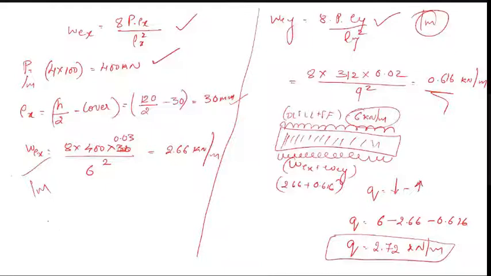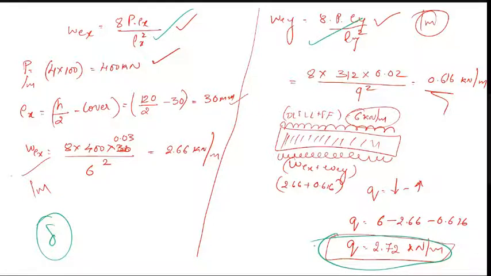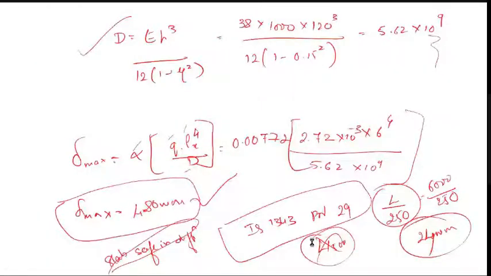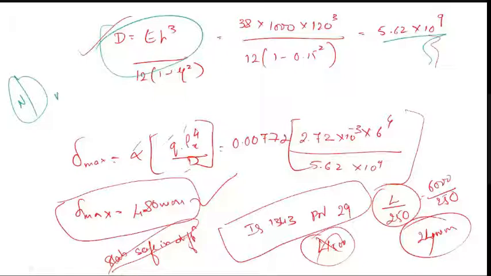Then I want to determine the deflection. For deflection, first determine the equivalent load in the x direction and y direction. You will get the value of Q. Then go for determination of rigidity. You will get the values. Just remember, keep all the units in Newton and mm. This is the coefficient, unbalanced load, span, and D. Substitute, and you will get 4.80.